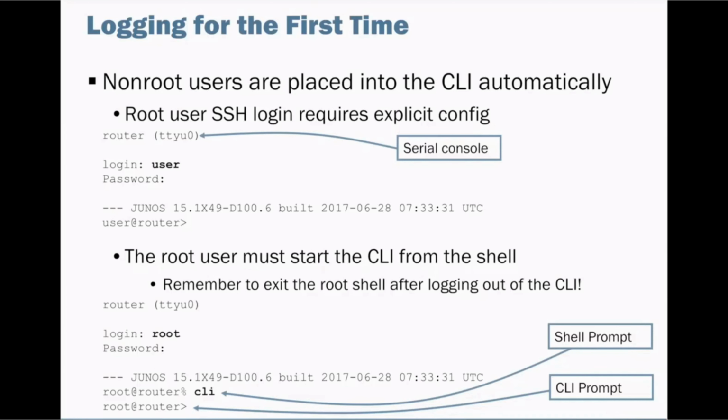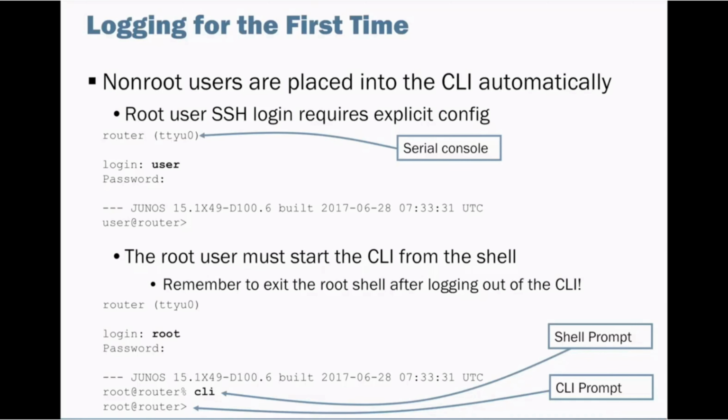It might be worth noting that just above the username, you can see the TTY, the terminal we've logged in on. And in this particular box, TTY U0, that would be a serial console port on some models of Juniper device. Below that, we've got an example of more or less the same thing, but this time it's a root